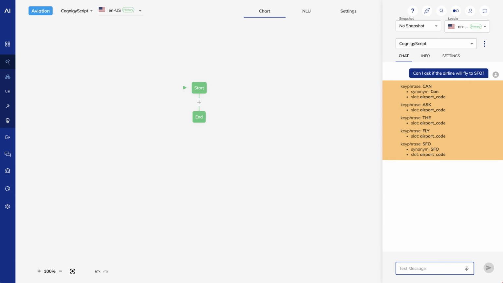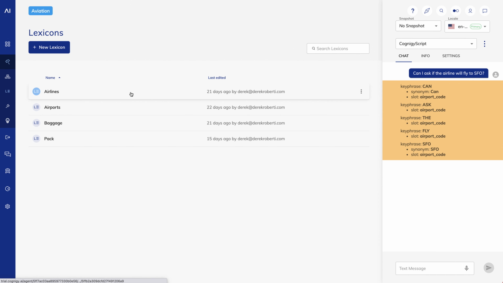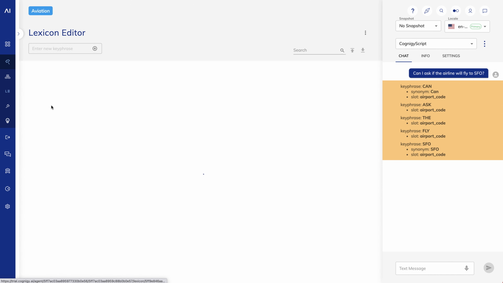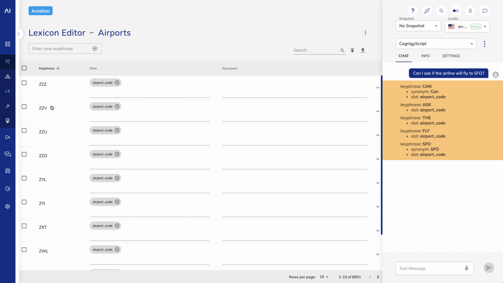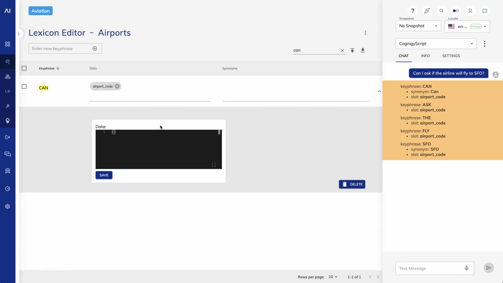One way to address this is to flag the ambiguous airports in the lexicon. I'll open the airports lexicon. I'll search for can, C-A-N. I'll click the down arrow on the right side and I'll add ambiguous, true.